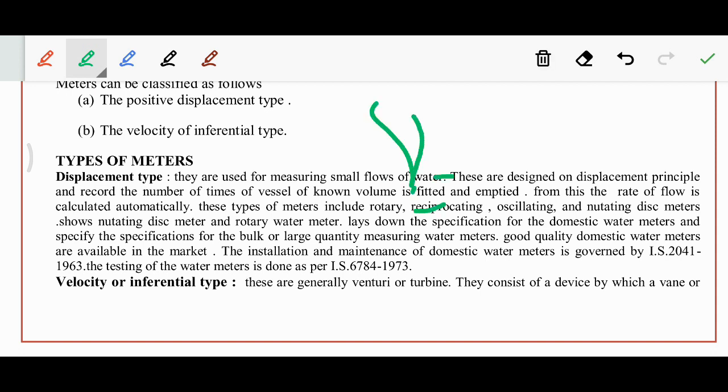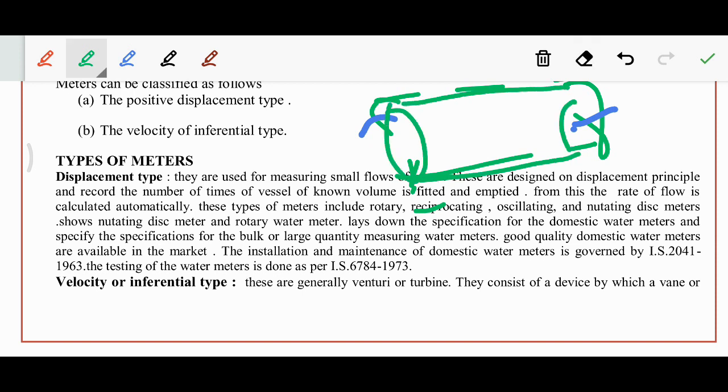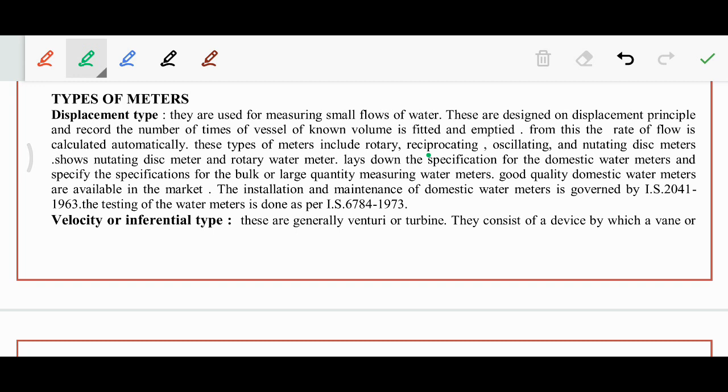Let's say this is my pipe, this is my water flow. So whenever this pipe gets filled up, it will record automatically. When it gets empty, it will stop recording. So that's how it will calculate the amount of water used by that particular customer or consumer, right? Testing is done by IS 6784